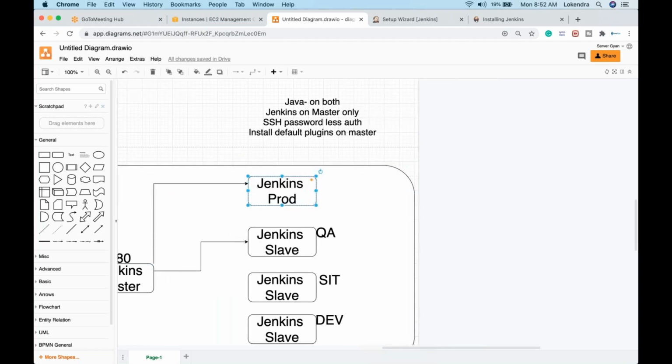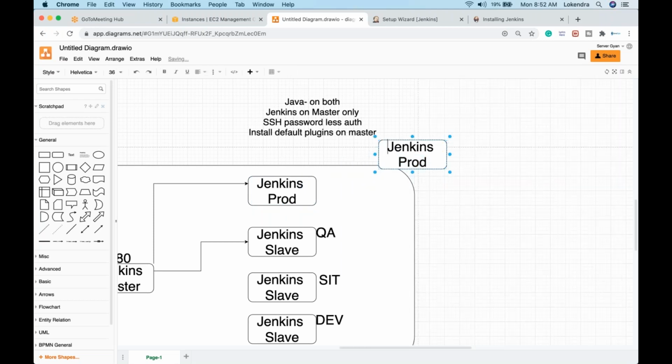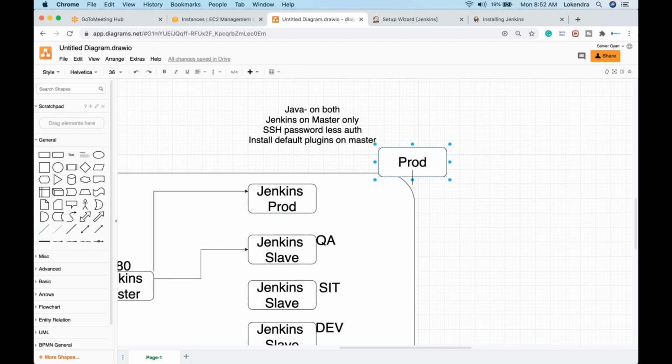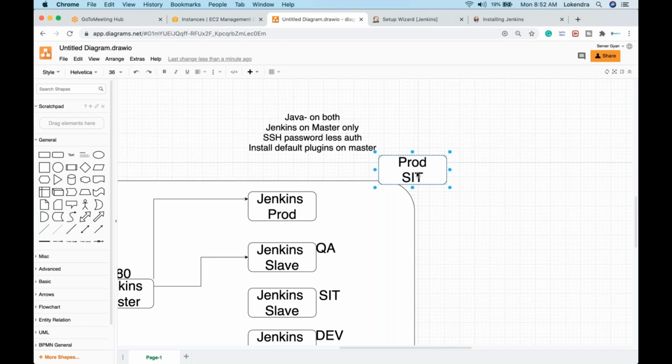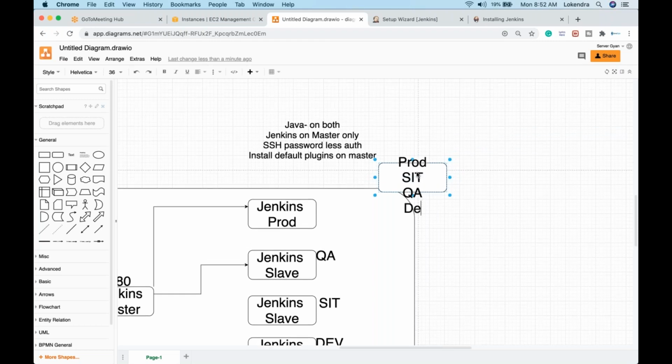Guys, there are different types of environments here: prod, then another environment known as the Jenkins slave, and other environments as well. We have the prod environment, maybe SIT, QA, which means quality assurance, and dev. So these are the four environments we have.